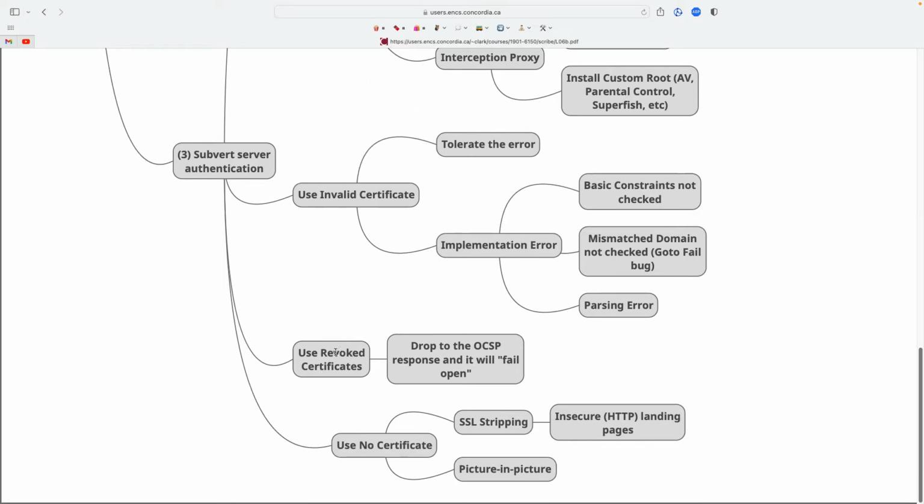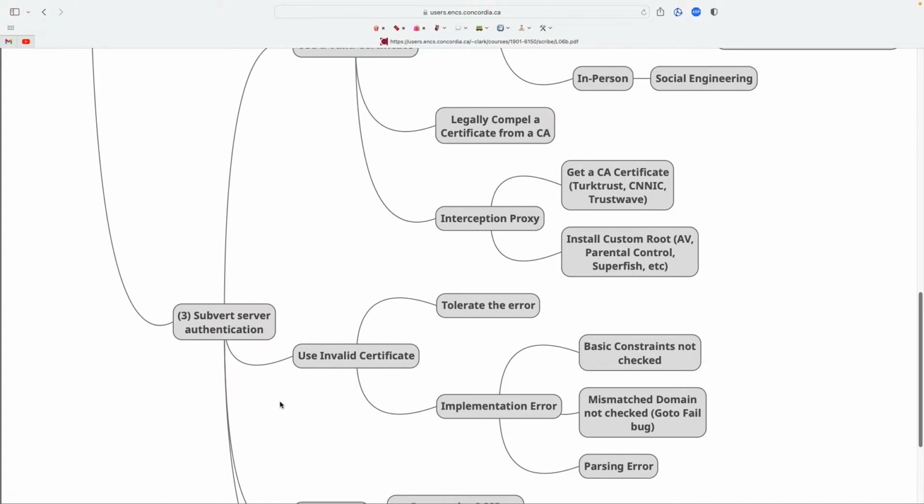And so today we said, well, if you could use a revoked certificate, if you could get one somehow. The fact that it's revoked doesn't really mean much because you can just drop the OCSP response and it will fail open. You can not have a certificate, and so you could do SSL stripping, or you could do this picture-in-picture attack. So those are examples of no certificates.